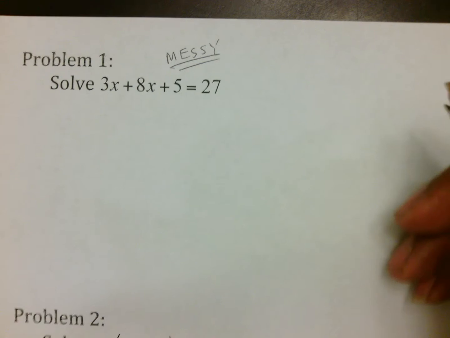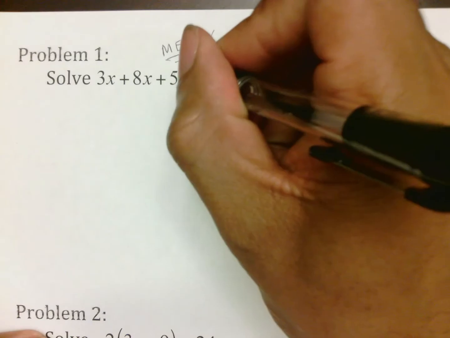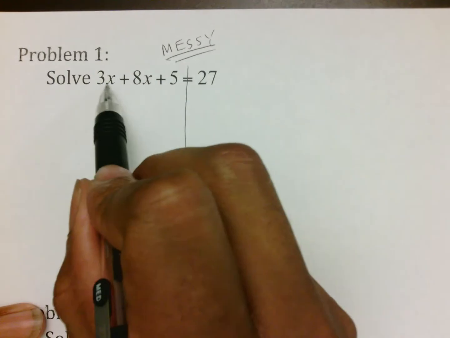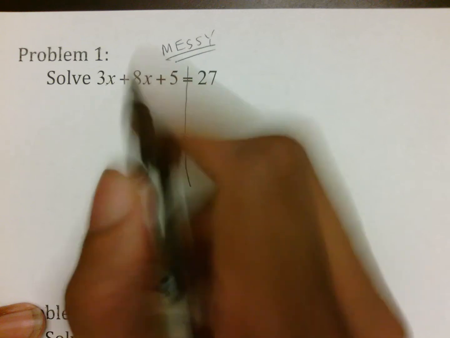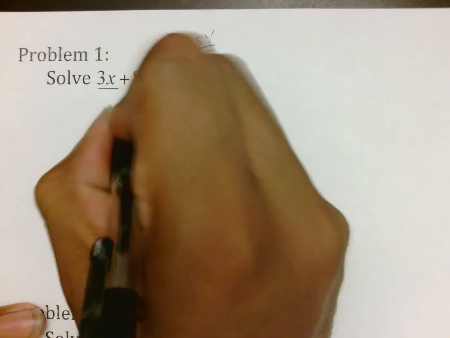And what I mean by that is no side should have any more than one variable. No side should have any more than one constant. And when we look at this problem here, problem number 1, on this left side we have a 3x and an 8x that can be put together. And so in order to clean that mess up, we're going to put them together and make that 11x plus